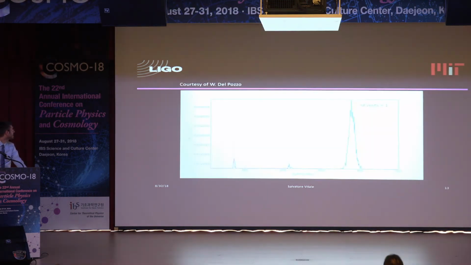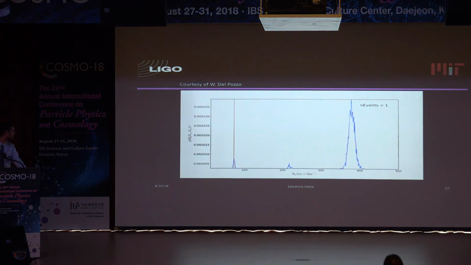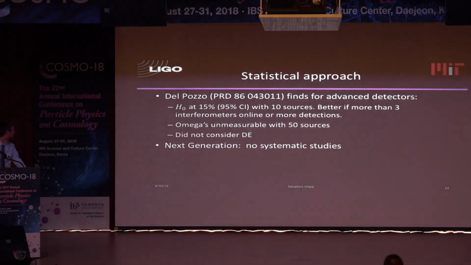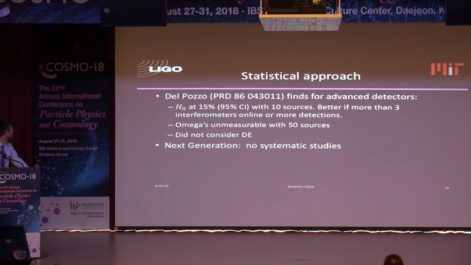Still, people have looked at the prospects. I have a cartoon that won't show here probably, so I'll show you later if people want, to give you the idea. But I'll give you the numbers right now. So this author has looked at this method, and has shown that with the statistical approach you can measure H0 at a 15% uncertainty. This is at the 95% confidence level, not 1 sigma. The literature is not uniform, unfortunately. This is with 10 binary neutron stars and 3 detectors, HLV: LIGO and Virgo. Of course, the uncertainty gets better if you have more detectors or if you wait longer.